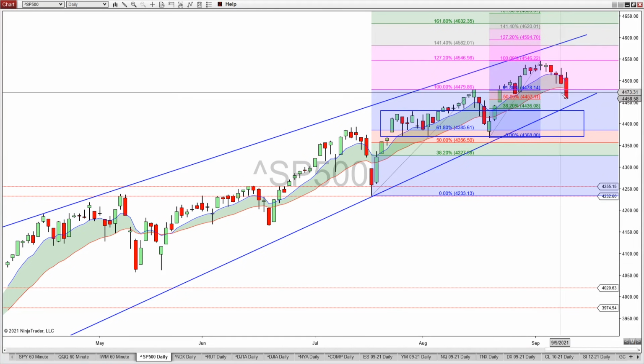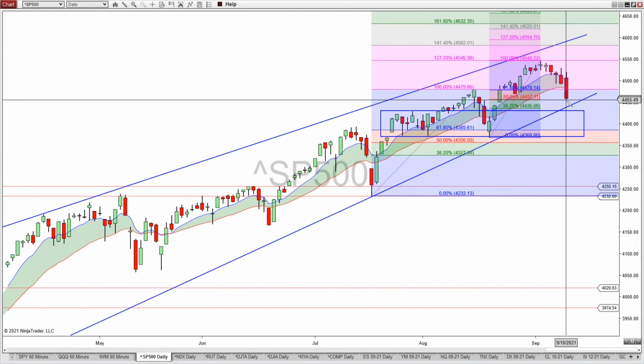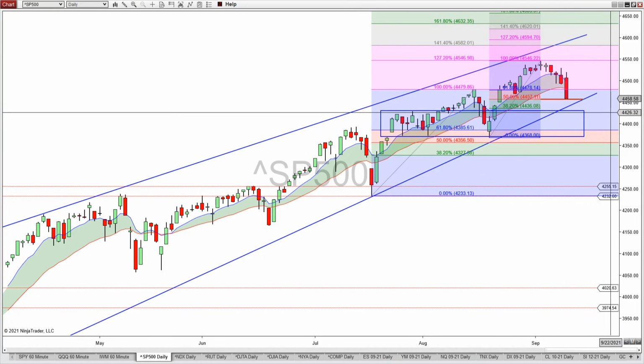So basically looking at the swing. And as you can see on Friday, it actually came down to this 50% level. So if it could get a bounce back up and get above this 618, which is the 44.78 level, and then proceed to move back up, then we could see this 45.46 get retested. And remember, we are still looking for a potential new all-time high out of the S&P 500,